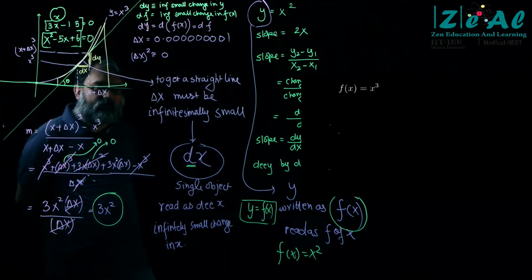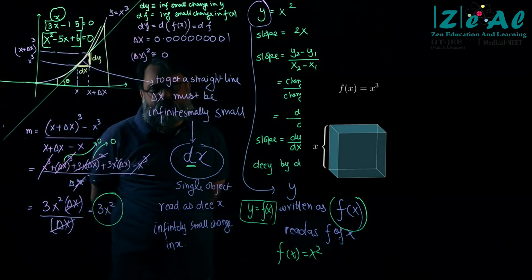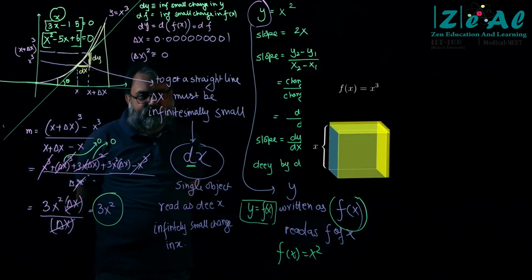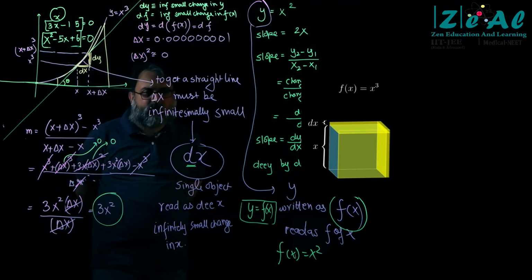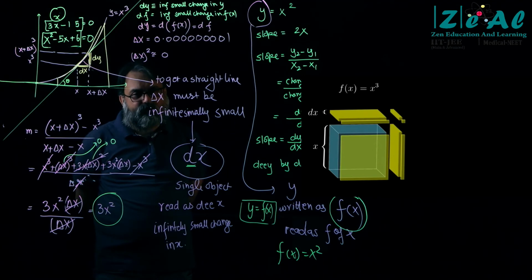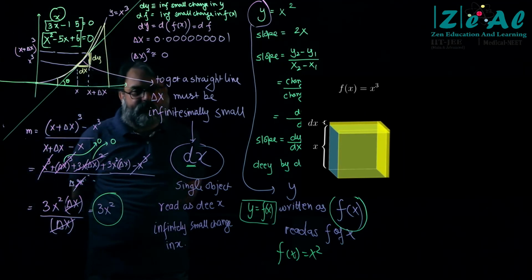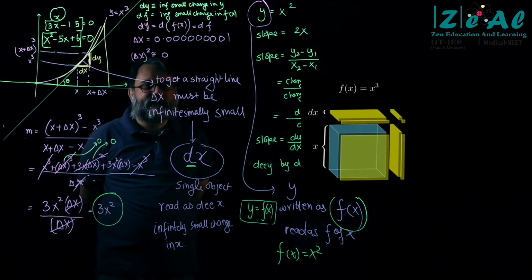Now you can see this channel on YouTube, but उनका content थोड़ा सा आप लोग के level से थोड़ा ऊपर रहता है. So I only have taken out the portion which is relevant to us. See again, volume of the cube of side x is x cube. If I change the dimensions of the cube by a dx amount, then the extra volume added,